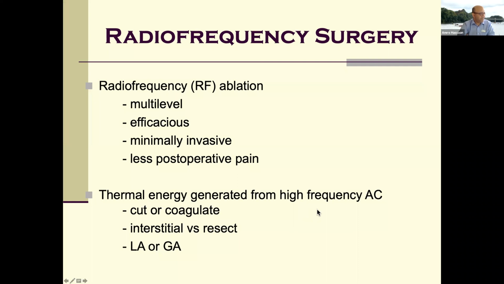Radiofrequency surgery. Well, this is the new kid on the block. Having said that, it's been around for a good 10, 15 years, maybe even more. What radiofrequency does is it scars the tissues, so makes them stiffer. And you can use it at several levels, which we'll come to. It's minimally invasive. It can be done under local anesthetic, although I don't do that. It doesn't really cause that much post-op pain, and it is repeatable, which is great because you can have second and third applications if the first doesn't work quite right.